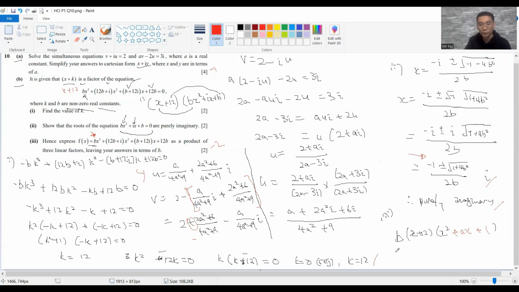So we compare coefficients. It's definitely not the x cubed or constant coefficient, so looking at this, I would do the coefficient of x. So compare the coefficient of x. The coefficient of x is 12a,